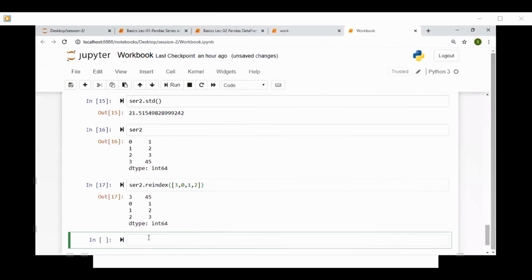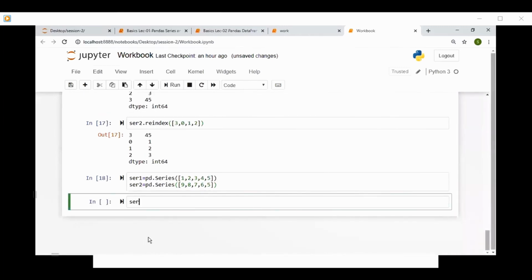Okay. Now we will see some mathematical operations on this data. Suppose I create two series. My series 1 is, and my series 2 is, okay.